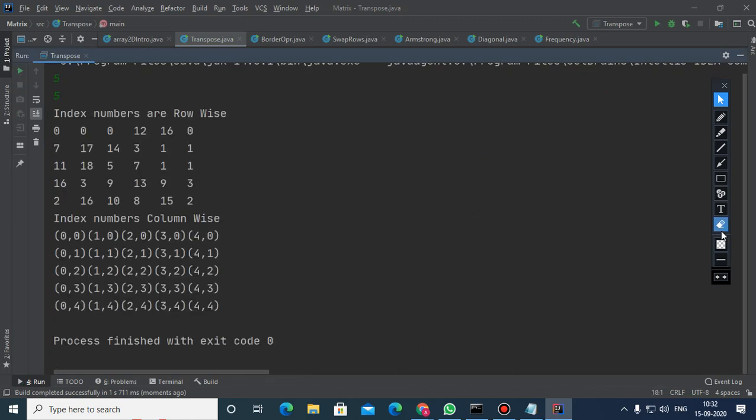It is a 5 by 5 matrix. And you can see that within the very first row, the smallest element is 0, which is right here. In the second row, the smallest element is 1, which is this one. In the last row, the smallest element is 2.